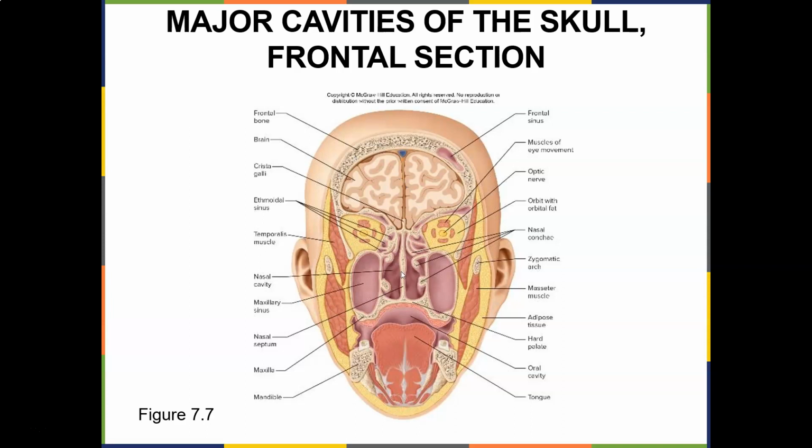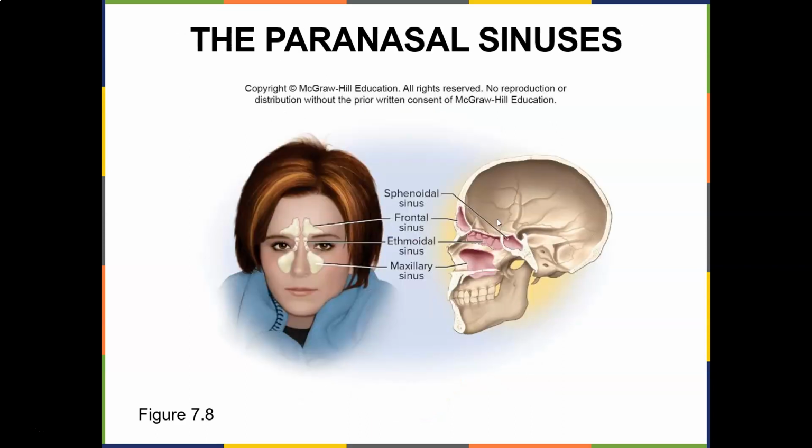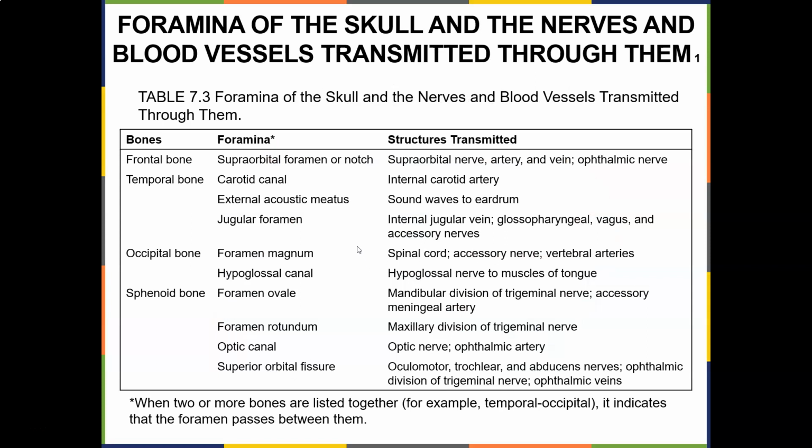Again, all these words shouldn't be too foreign for you. You should have heard these before, but now it's time to memorize them. Here are the paranasal sinuses. So when you say, oh, my sinuses are clogged, well, you can have a frontal sinus and a maxillary sinus, and pus can get filled in there, and you get inflammation as well. So now,